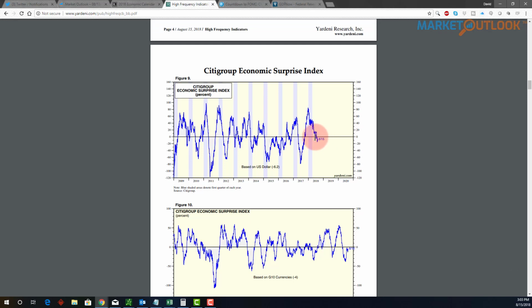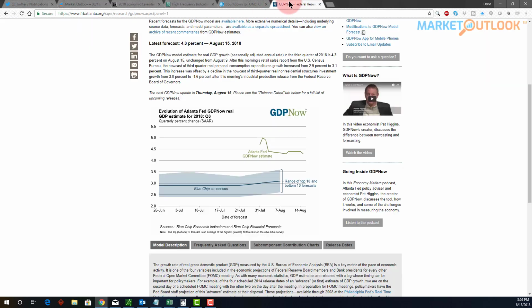We're pretty much right at zero. So we're starting to see analysts getting their estimates right, which means that this growth is starting to mature. The economic indicators will only beat the estimates at that very first push. But you can see with a new GDP estimate coming out today for Q3, we're still holding estimates at 4.3%,